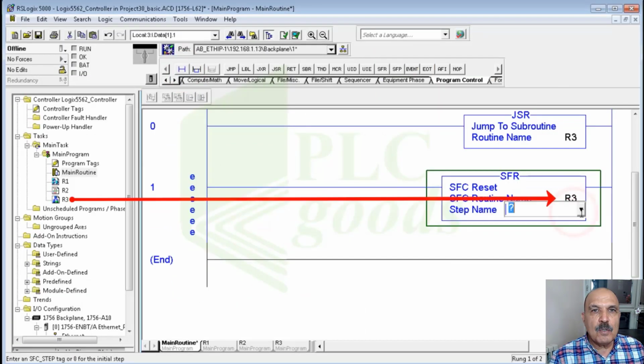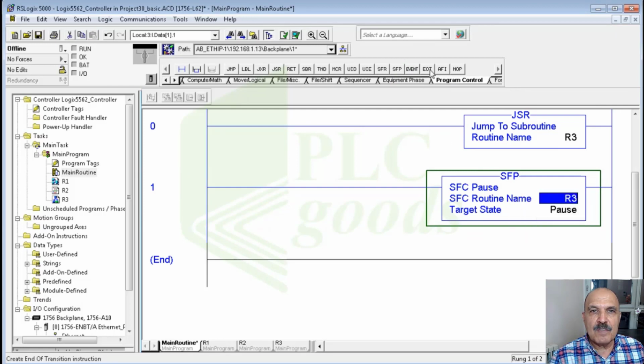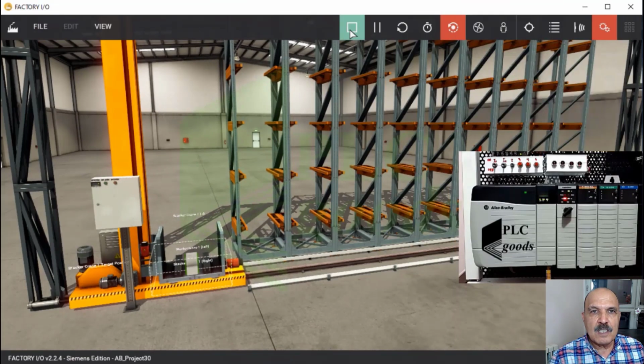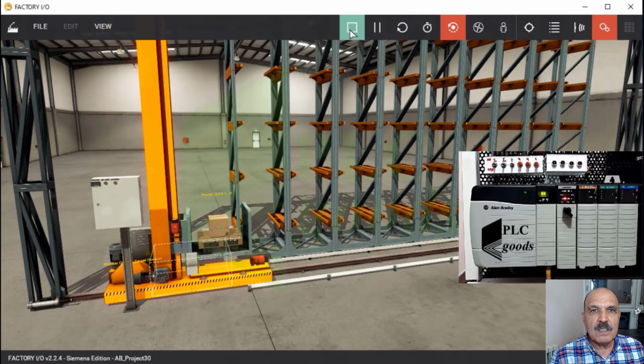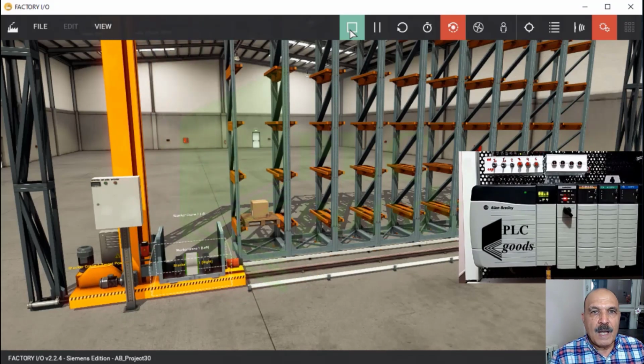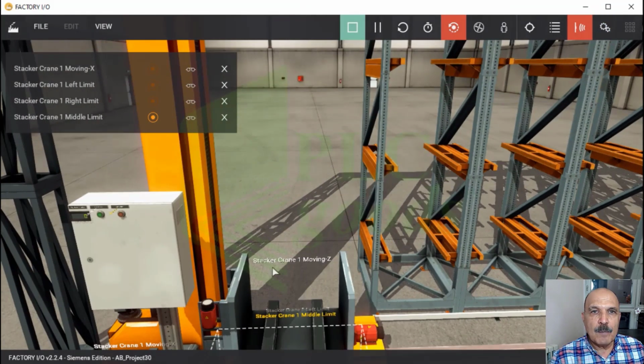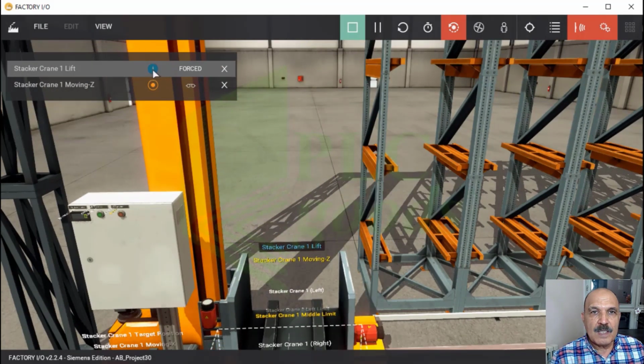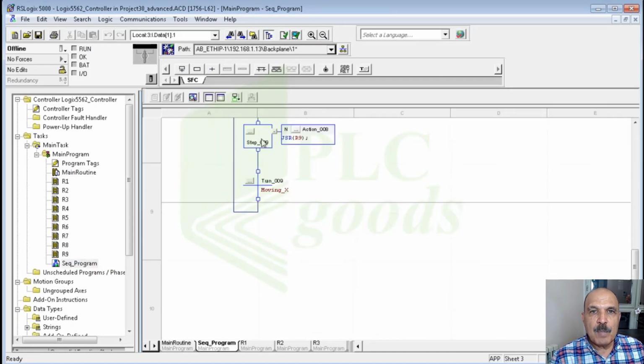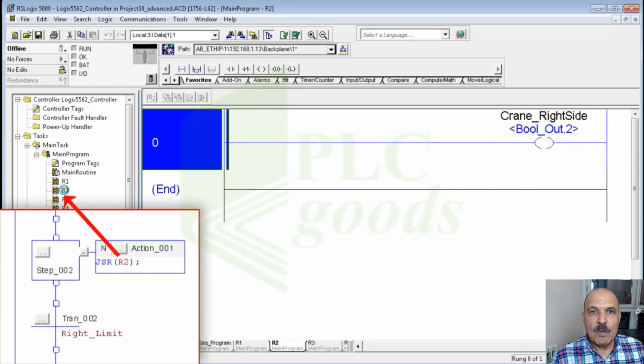The tutorial shows how to create a simple SFC program with 3 steps and their associated transition conditions. Additionally, it explains 3 SFC-related instructions in the program control group: reset SFC, SFC pause, and EOT or end